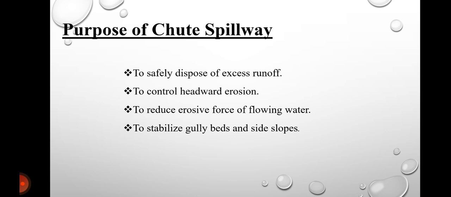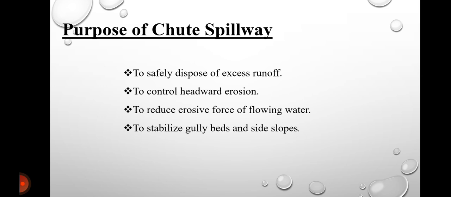The main purpose of the chute spillway is to safely convey excess runoff water from a higher level to a lower level, to control the water flow on steep slopes, to prevent soil erosion and gully formation, to reduce the erosive effect of the high velocity water, to protect the gully bed and the side slopes, to safely dispose of surplus water